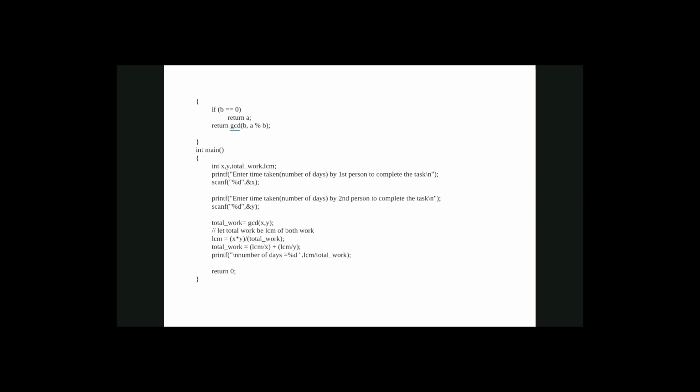So we have to change the value of A and the value of B. This is the new value of A, and this is the new value of B. When we call it again, these are the new values, and this will happen until B becomes 0. If B becomes 0, we will return A. Okay, clear?